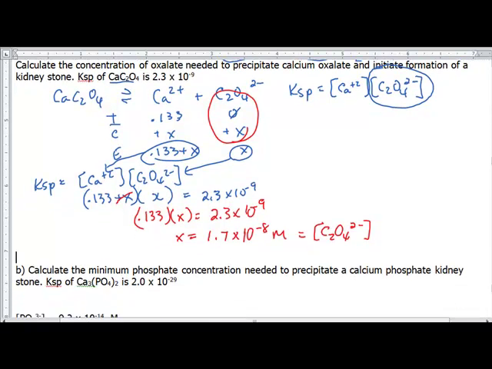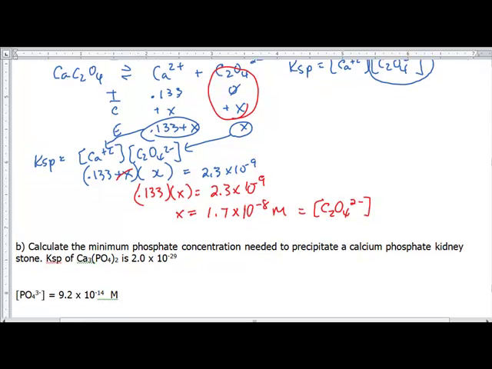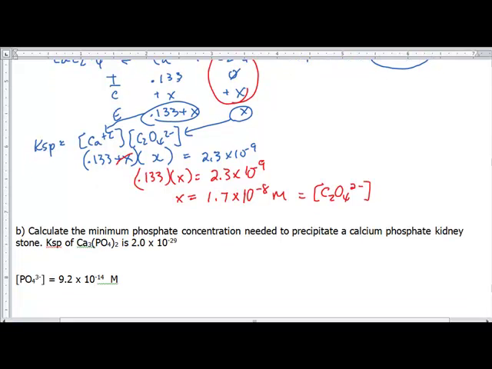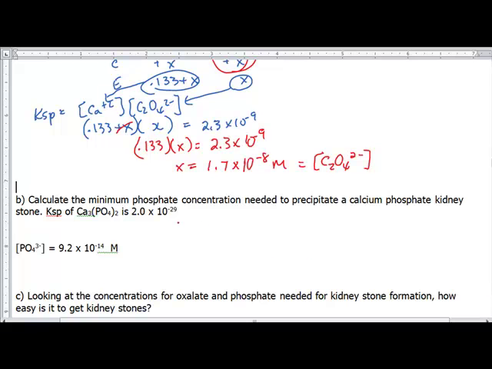Well, of course, we mentioned that calcium oxalate isn't the only compound that can make kidney stones. We have calcium phosphate too. If we went through the same process, we would find